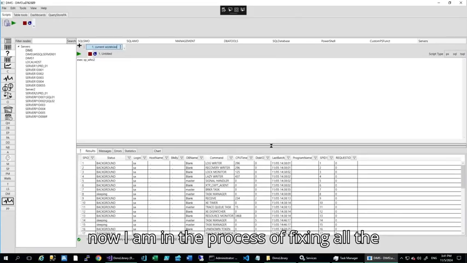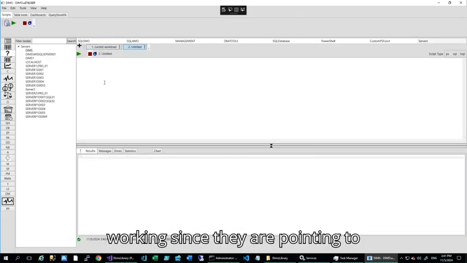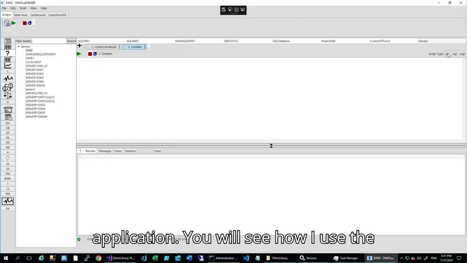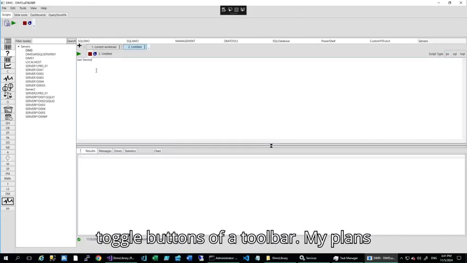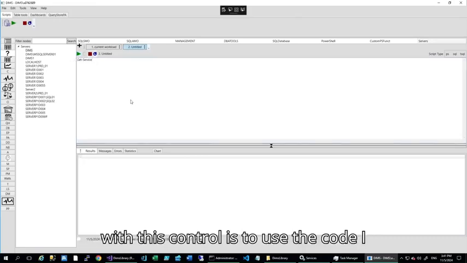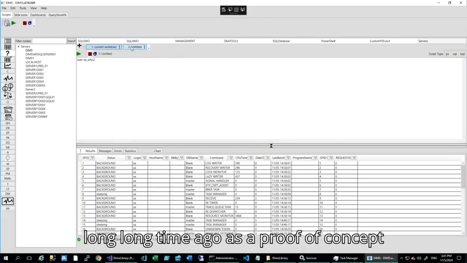So now I am in the process of fixing all the things that are obsolete or are not working since they are pointing to variables declared in the main application. You will see how I use the code used to add or rename tab items with toggle buttons of a toolbar. My plan with this control is to use the code I have for the Save Project feature, presented a long time ago